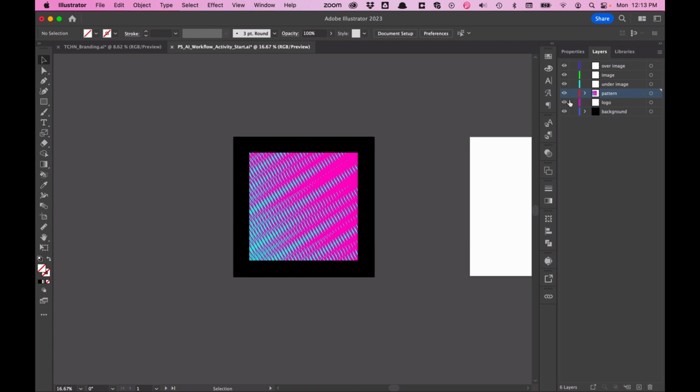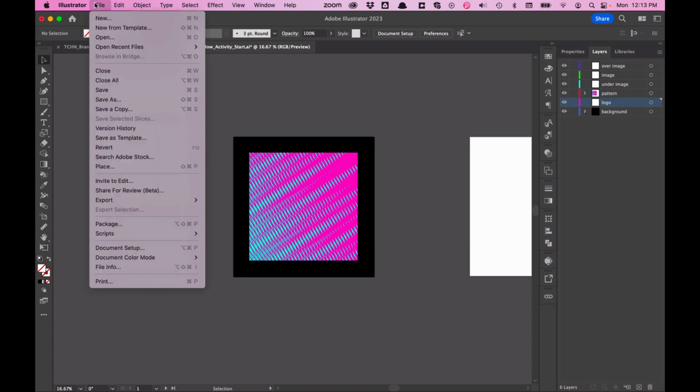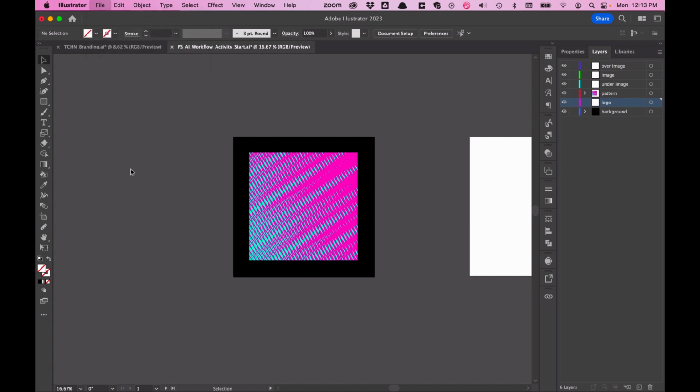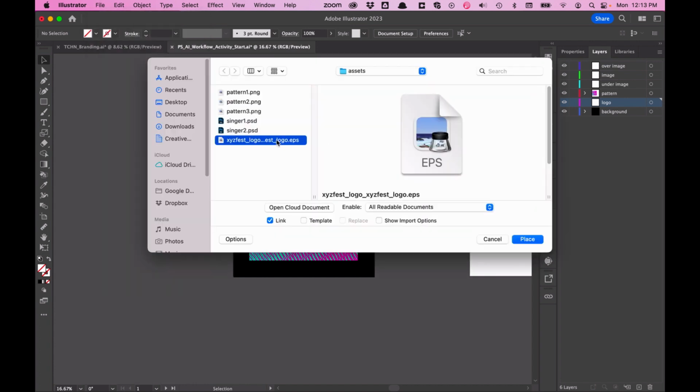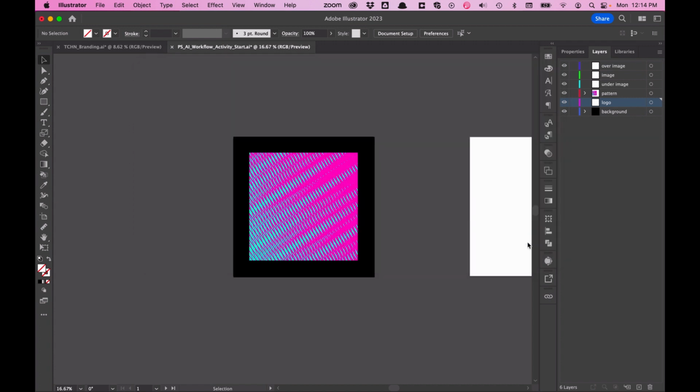All right, the second thing I want to do is I want to place a logo. So I'm going to come again, File, Place. And my logo is an EPS file, and an EPS file is a vector format, which means that I can scale it however I need to. So a lot of times logos, we really want to be vector files, and an EPS format is how you'll often get those. So I'm going to place that